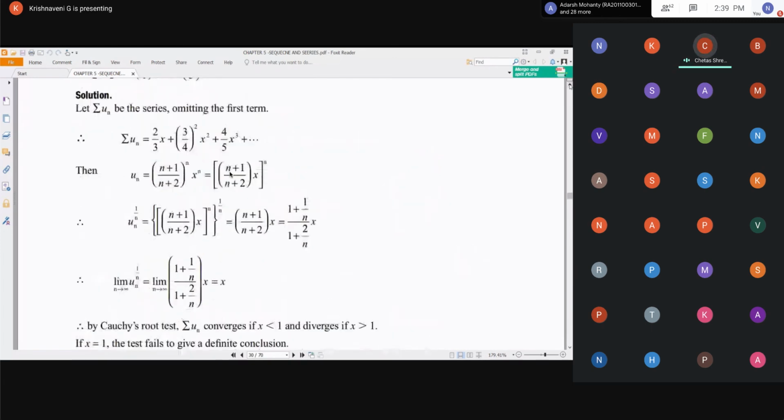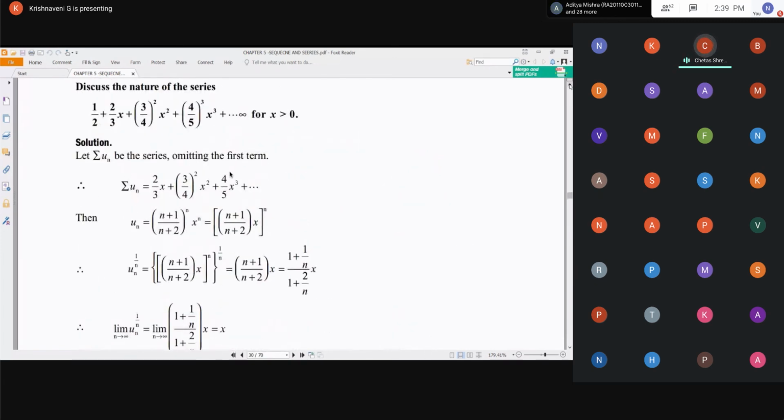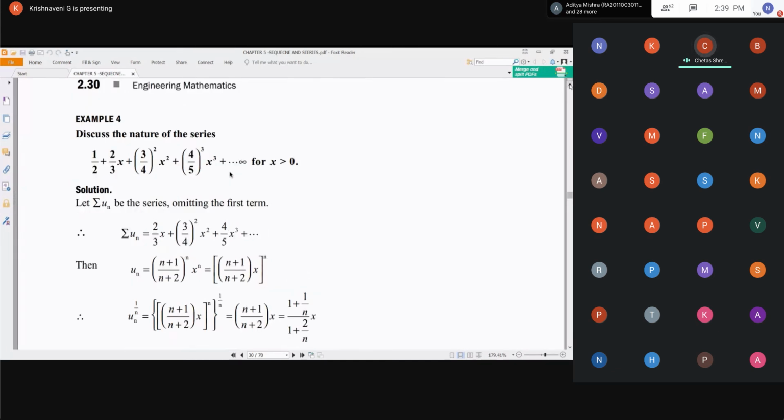No, ma'am, it will not. The first term won't be considered because in the third term, the x and the fraction have the same power. If we put that same logic in the first one, then it should not be 1 by 2. It would be 1 because anything to the power 0 is 1. Yes, exactly. So it is not following the series. Correct.